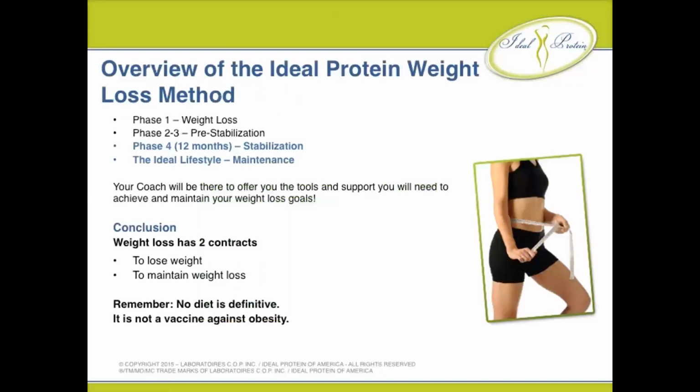Overview of the Ideal Protein weight loss method. Phase 1. Phase 1 is the weight loss. So our dieters will come up with their goal weight loss. What weight would you like to be at? And as long as it's in a healthy range, then we put together a program of care to help our